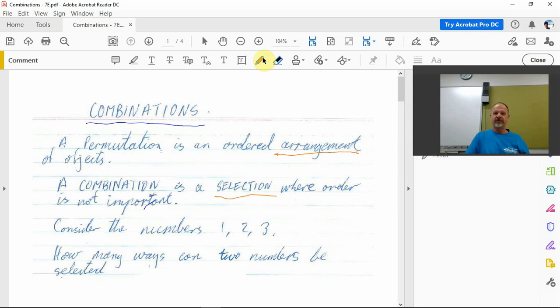So see, again, we've got the word ordered and order not important. If you think about permutations as arrangements, order is important. Combinations are selections, and the order is not important. So the example that I'm starting off with here is